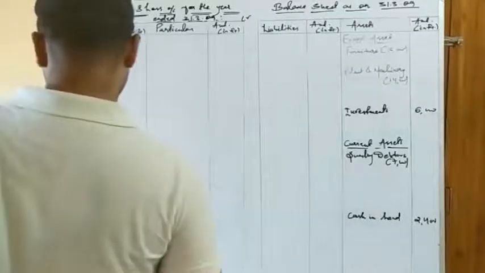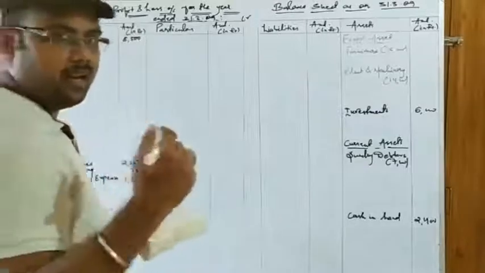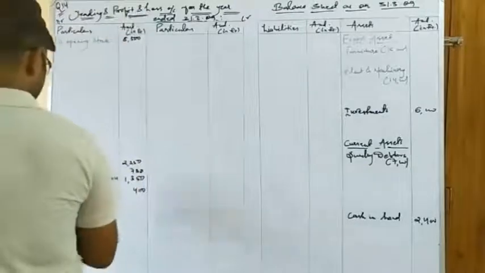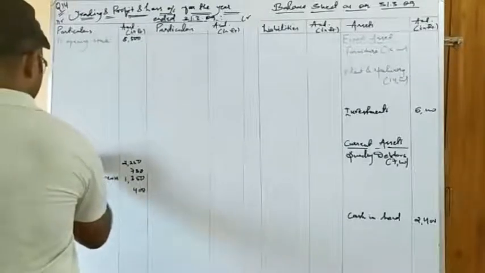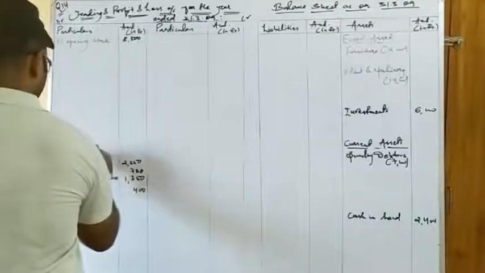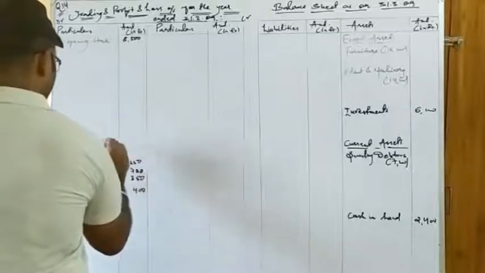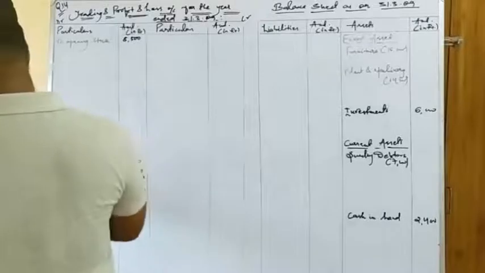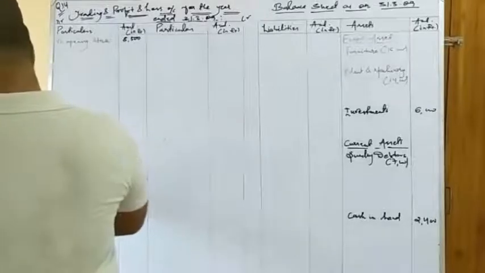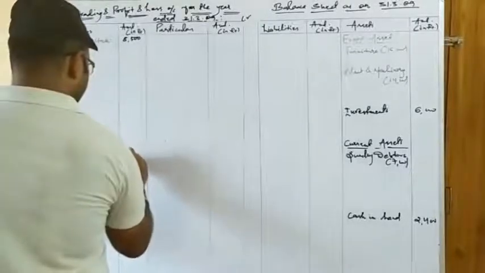Next item is director's fee. Again, it is an indirect expense, so we will write over here to director's fee. Students, you can write according to the space you have. So I am having much space in the profit and loss account, so I write it on the above. It's better to write in the chronological order or serially. So director's fee is 1,500.